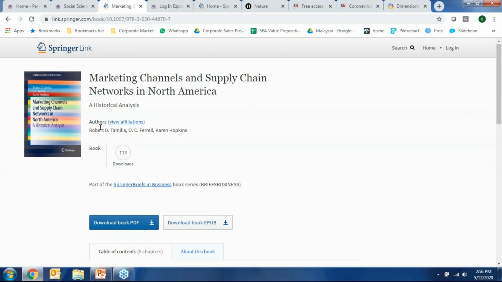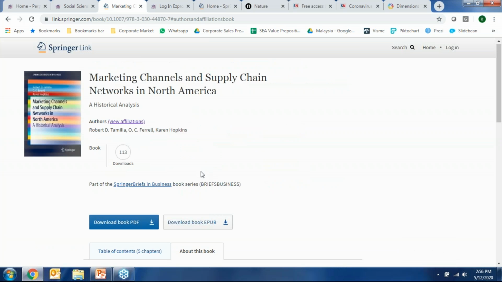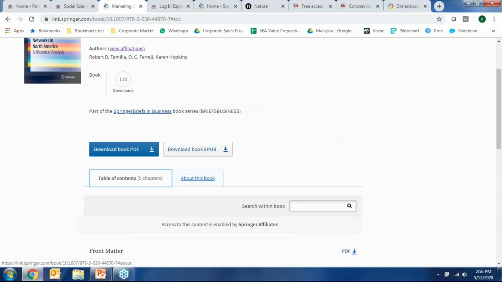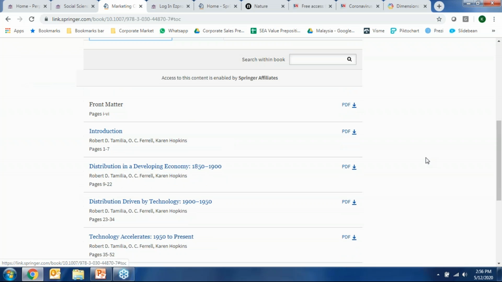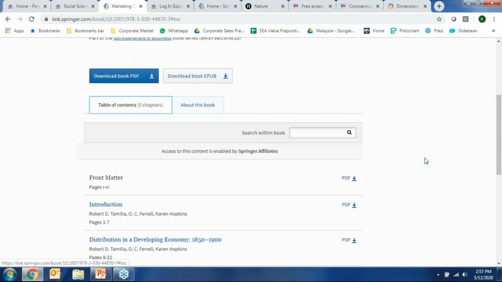You get the title itself, you get the authors, you can see who they're affiliated with, from which university. You may be familiar with, maybe following a particular author. You can see what areas this book touches on. For us, this is under the business and management category. You can see information on how many times this book was downloaded. But here is where it gets a little bit different compared to a journal. A book is typically divided into different chapters, and a journal is divided into each volume, and each volume has different articles within it, and they may all be different depending on the publication of that time.